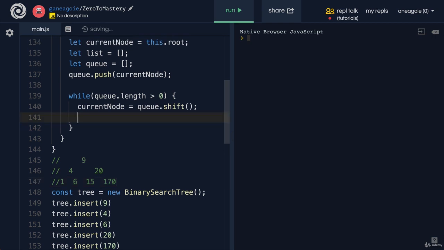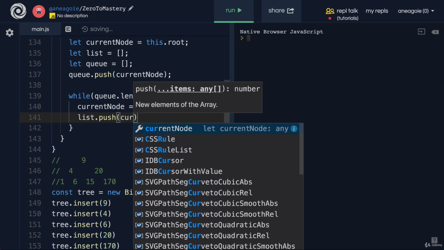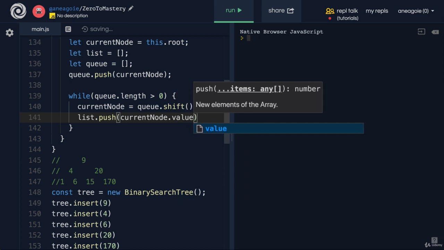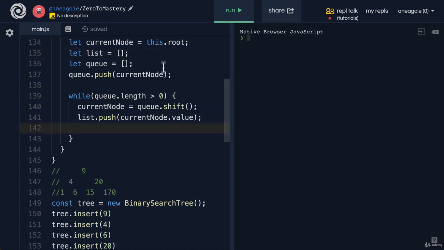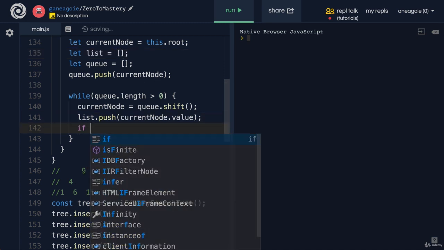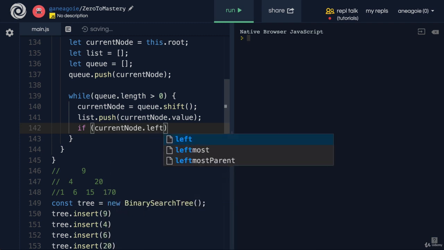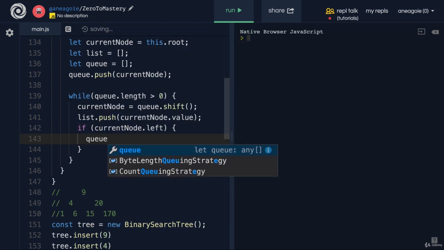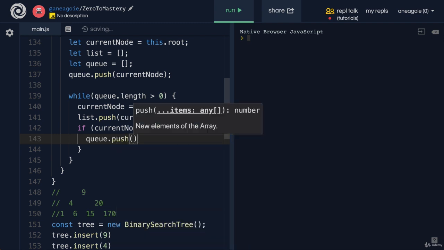So the first thing we're going to do is say list.push the current node dot value, which will be 9. So we have the first answer in our list, which is 9. From there, we're going to say, hey, does the 9 node have a left child? Because if it does, let's add it to the queue, saying that you need to check out that node, and we'll push it to the queue,